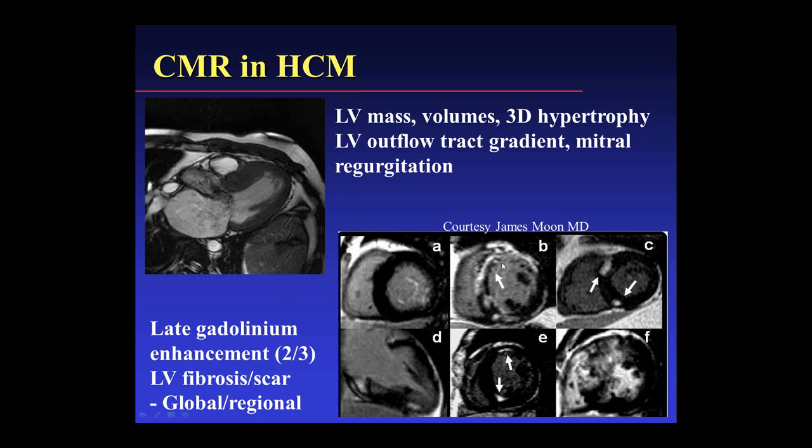Here's a patient with an extensive amount of scar in the heart from HCM. Some confluent here, some patchy here. Here's patient C, has some scar classically found in HCM where the right ventricle and the left ventricle intersect. Patient D has these small areas of scar. Patient E has these small areas of scar. And patient F, who has marked increase in wall thickness here in the septum, has this sort of patchy, diffuse kind of scar in the heart.